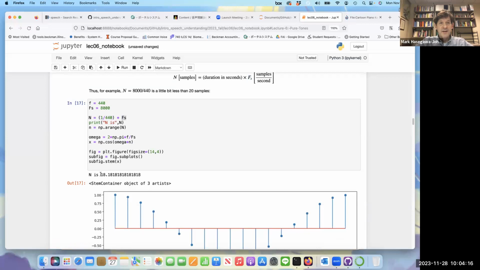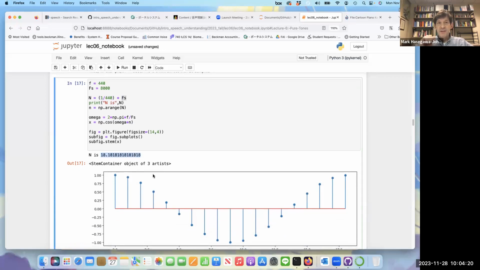So at 440 hertz, f is 440, fs is 8,000 samples per second, and so n, the number of samples that we need, is 18. And so here I'm going to create just a little n which goes from 0 to 18,